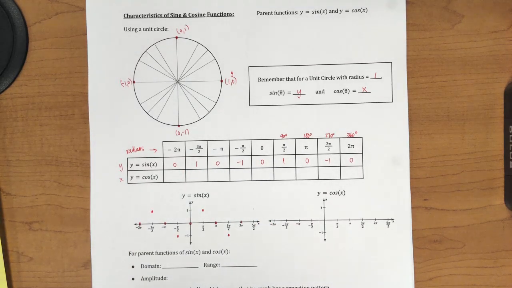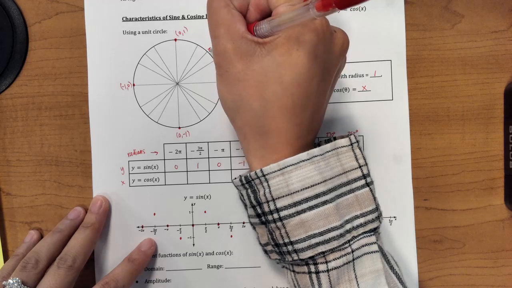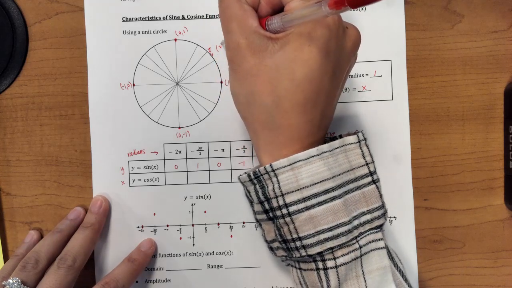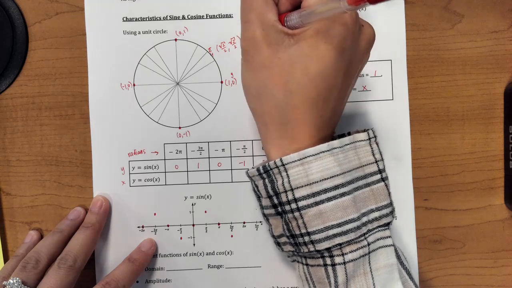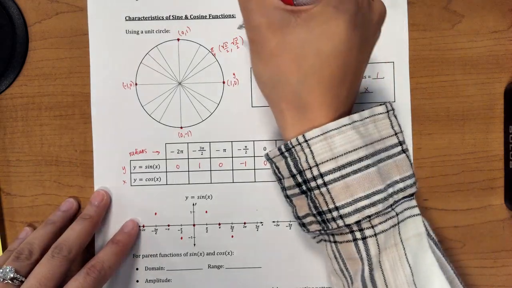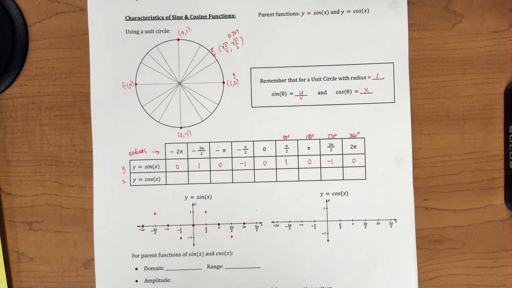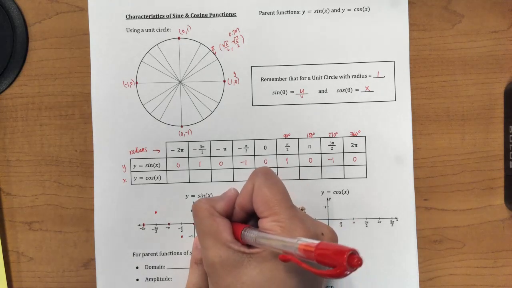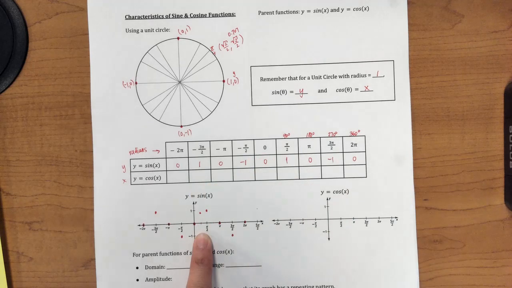And so what will it actually look like? Well, if we now think about pi over 4, that's this one. Those points are root 2 over 2 and root 2 over 2. Right? And if I do root 2 over 2 on a calculator, that's 0.707, I believe. So if I were to graph halfway, then this is going to be a 0.7 up here. You could